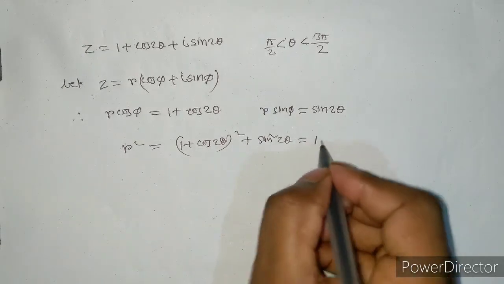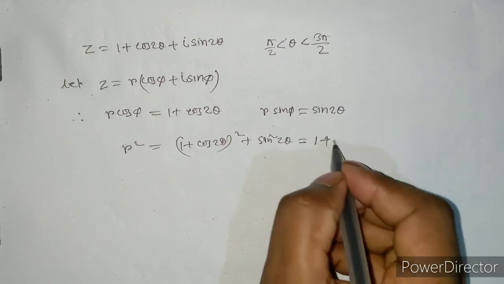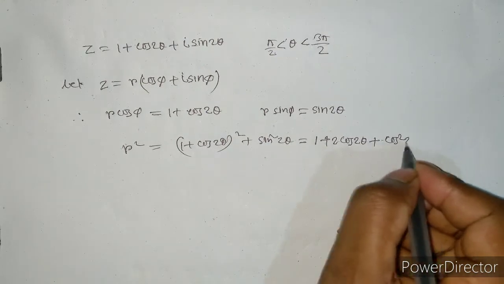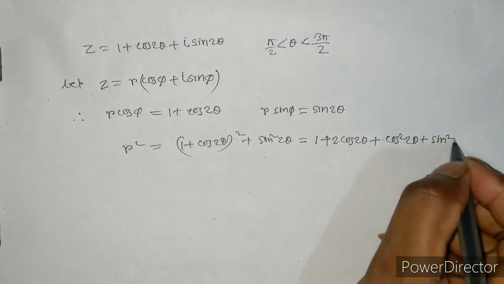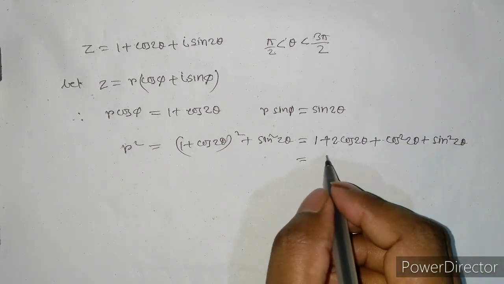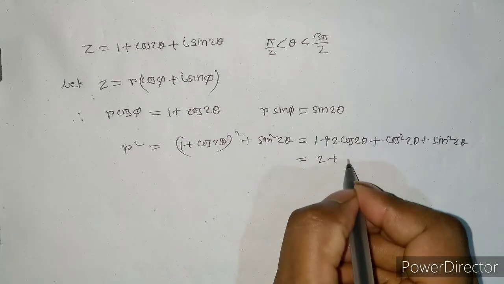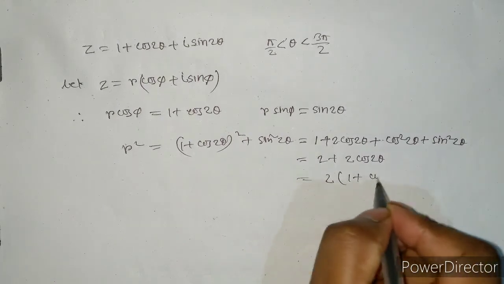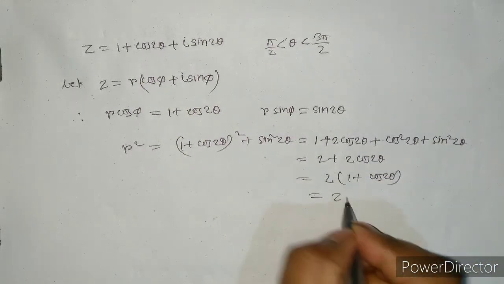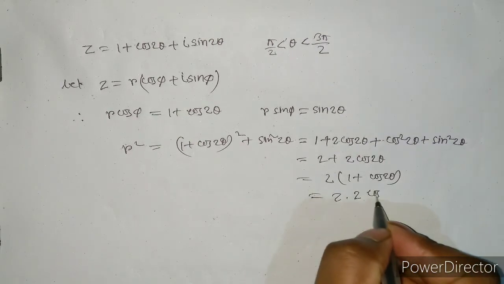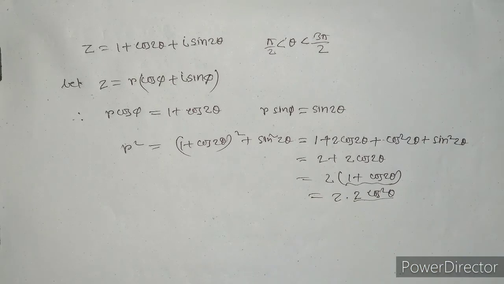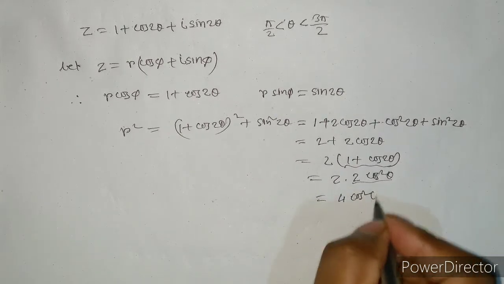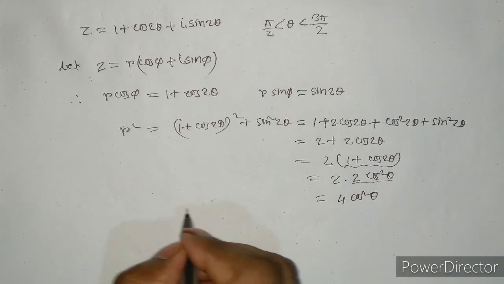1 plus cos 2 theta whole square plus sin square 2 theta, which equals 1 plus 2 cos 2 theta plus cos square 2 theta plus sin square 2 theta, and this equals 2 plus 2 cos 2 theta, equals 2 into 1 plus cos 2 theta, equals 2 into 2 cos square theta, which equals 4 cos square theta. And so r equals